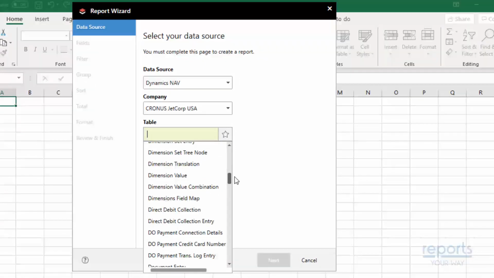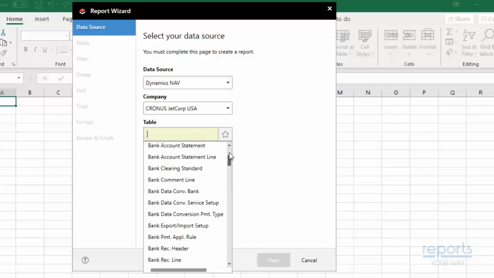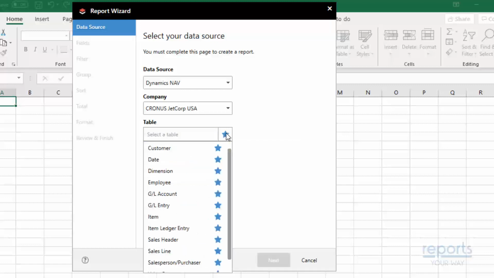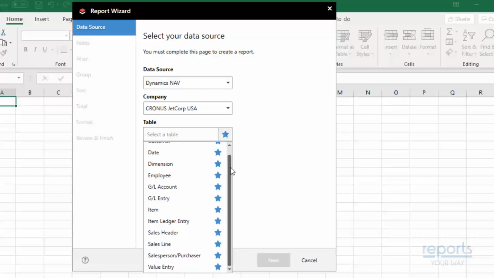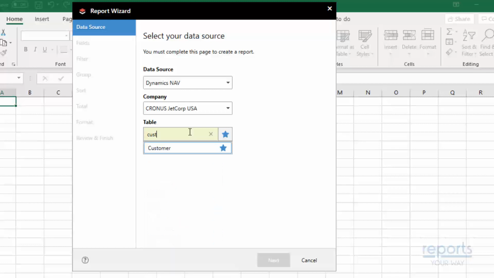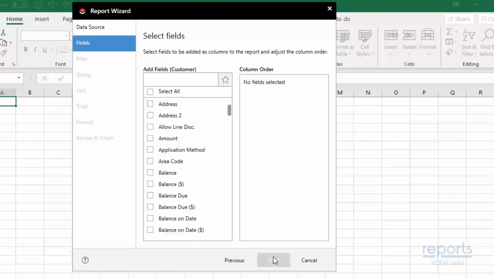By default, the Report Wizard will show all the tables, and later on the fields, in our database. If we have set up favorite tables and/or fields, we can click the star symbol next to the item we are selecting in order to display only our favorites. We can scroll through the list, or type in the text box to find those tables that match what we have typed. Once we have finished our selections and click Next, we can select the fields we want in our